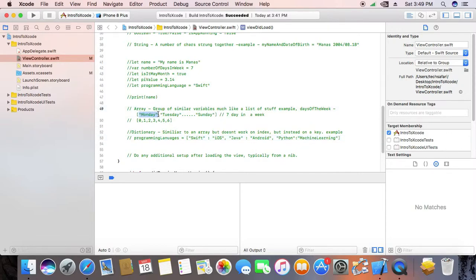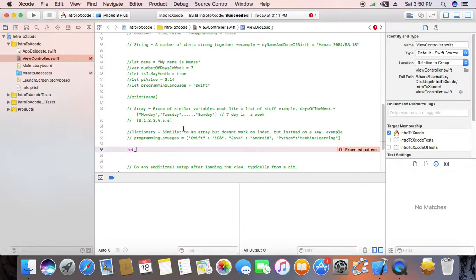Suppose if I wanted to refer to this term iOS, I would need to refer to it by the key Swift, whereas in arrays we need to access it using the index number. So now let's try and define this here. I'm going to use a let statement to define it. Days of the week equal to square bracket open. I'm just going to copy and paste that in. Yeah, I'm just going to remove these dots